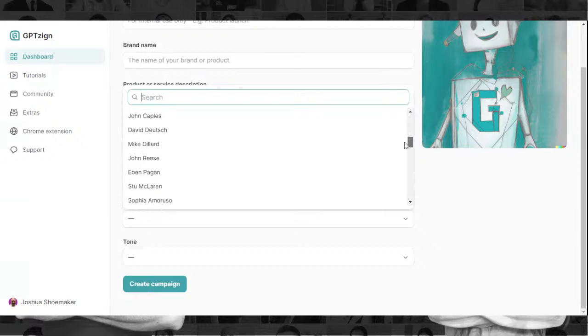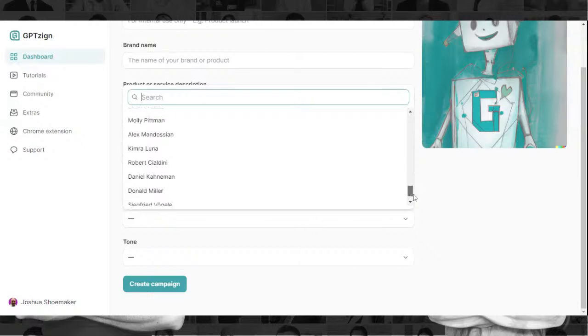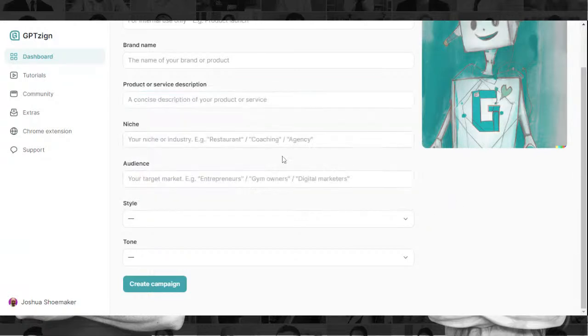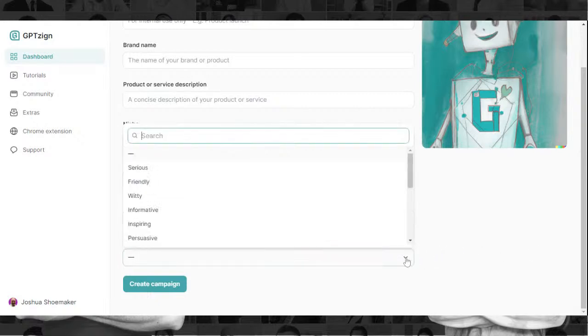Mike Dillard, Stu McLaren, Jeff Walker style, Dan Kennedy, Russell Brunson, Jay Abraham, Mark Joyner, Onyx and Gall, Molly Pittman. You can choose one of these, and after you choose the style, you can go and create.